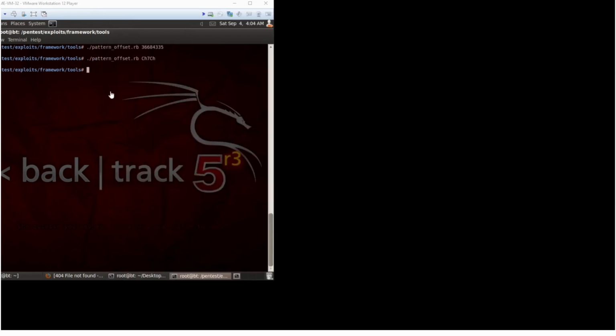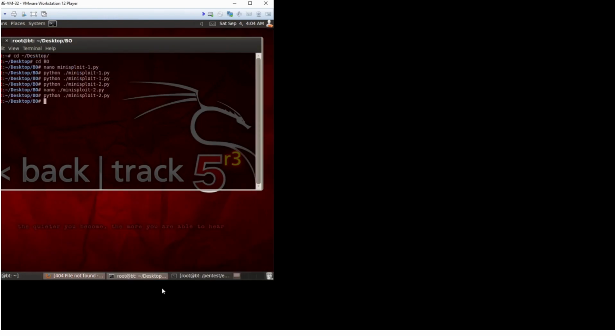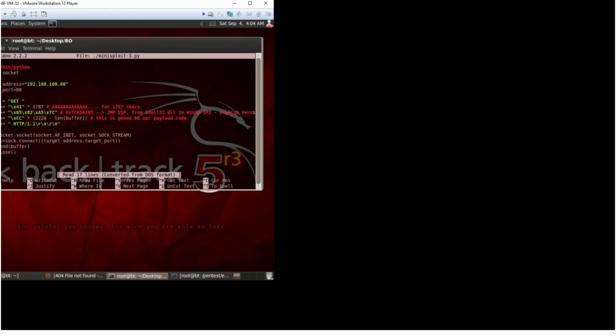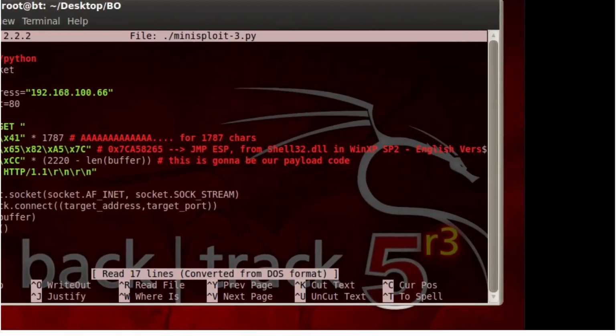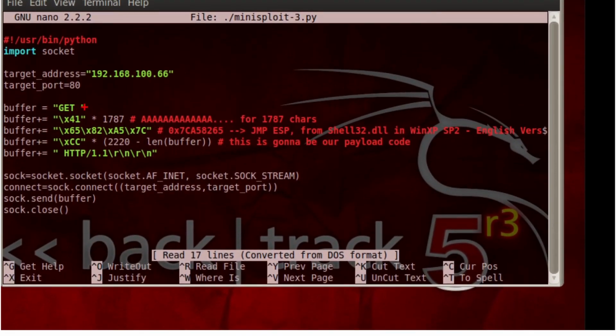So I'm going to have another exploit skeleton in here. Nano ./minisploit3. Now if you look at this, this is the GET, and then 41 41 41 17 87,